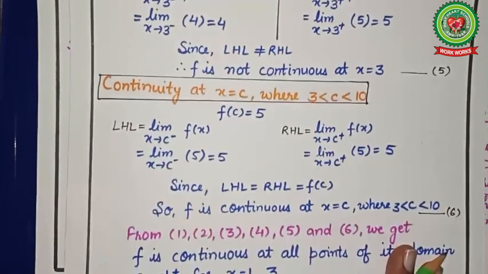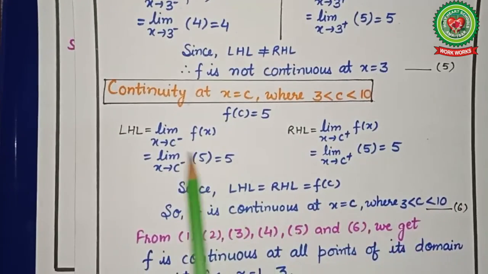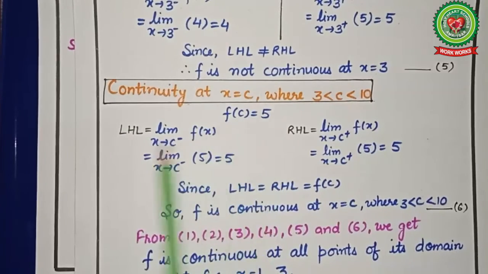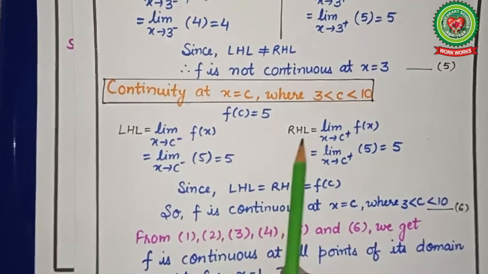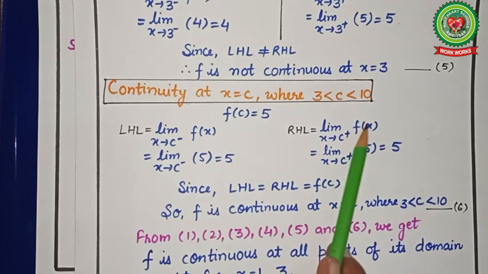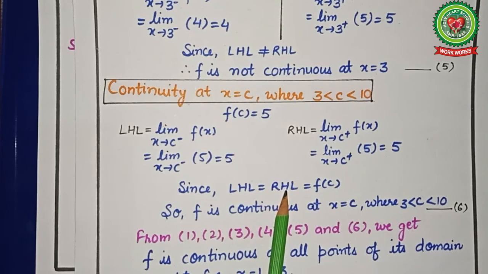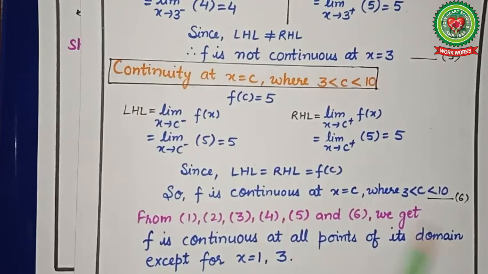So here f(c) is equal to 5, the left hand limit, x approaches c negative of f(x), is 5, and the right hand limit, x approaches c positive of f(x), is again 5. So the left hand limit, right hand limit, and value of the function at point c are equal. So we can say that f is continuous at x equal to c, where c is greater than 3 and